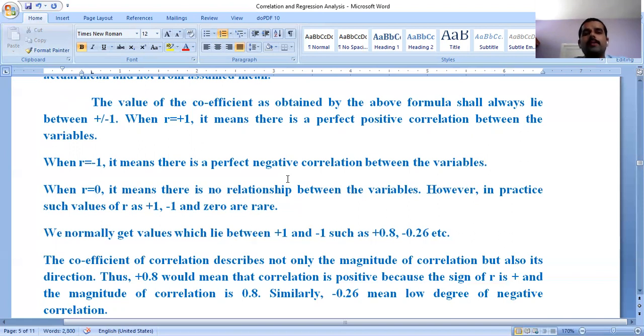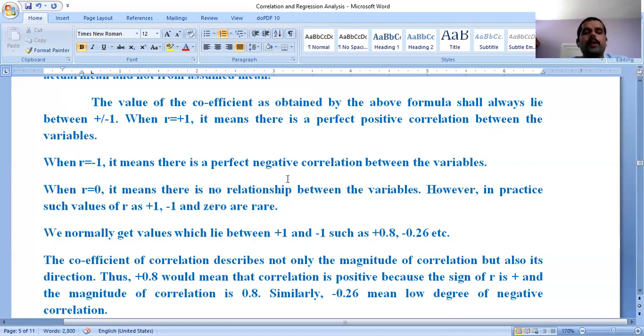Okay, if the positive value is there, then we will take a forward direction. If the negative value is there, we'll stop there and observe what is going to happen. Then we will wait for the positive direction, and after that we will move. These types of directions will be given by the correlation coefficient.